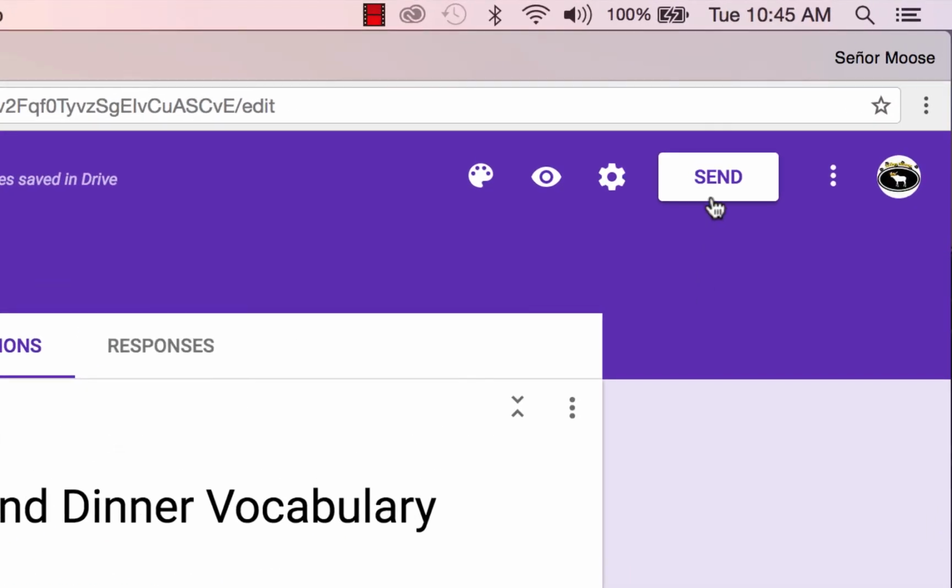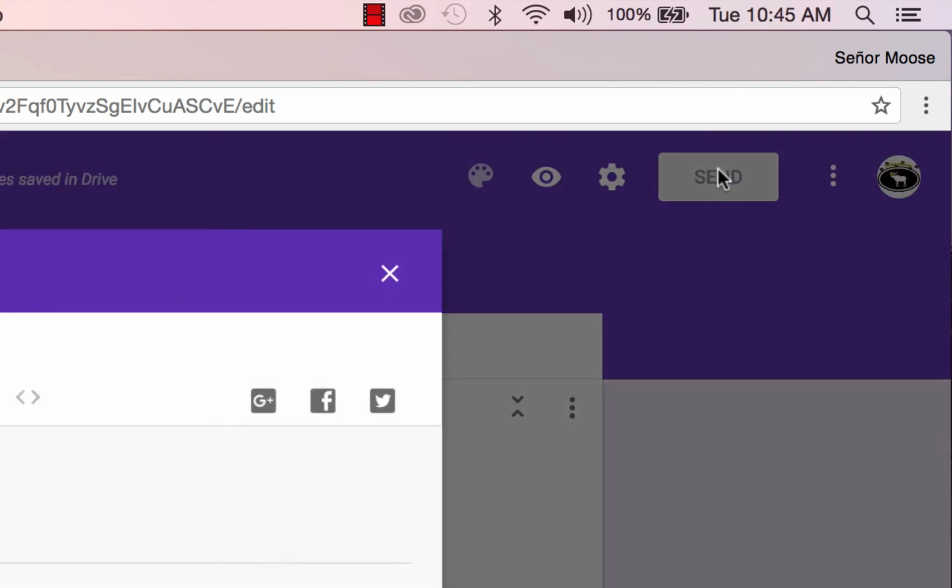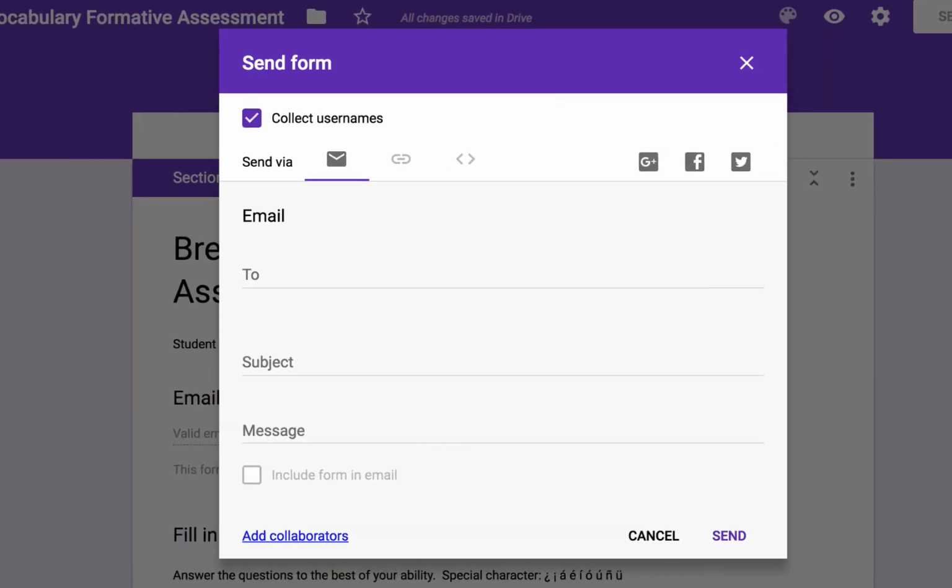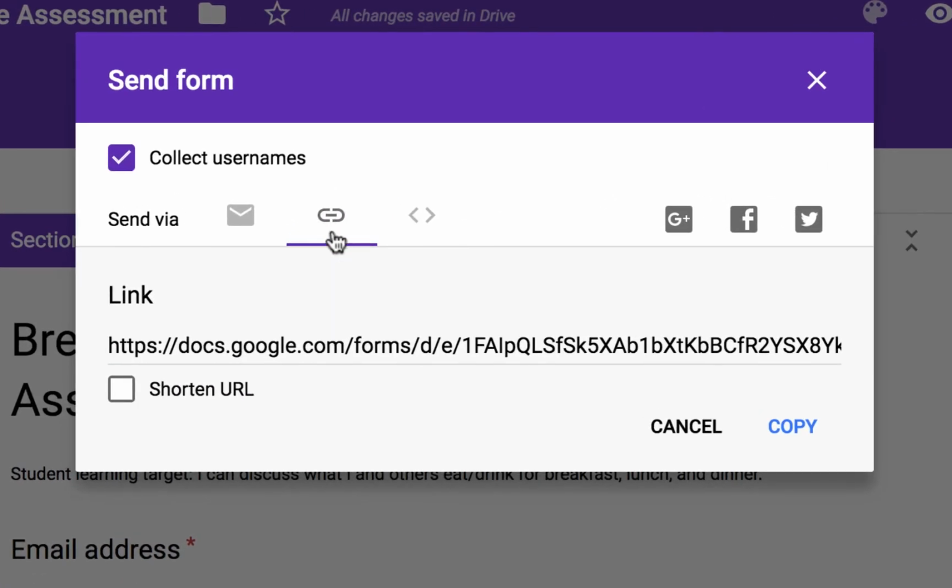To do this, in the upper right-hand corner, we need to click the Send link, and then we have 3 options. We can send the assessment to students via email. This will take a long time to type out all the email addresses right here. The best way to do it is right here in the middle. If you click the link button, there's this link, and you can copy that link and you can send it to your students either via email, or I like to simply post it on my classroom website and direct students